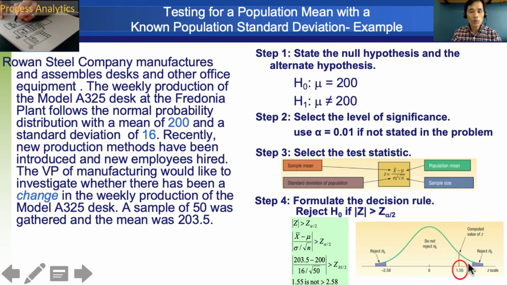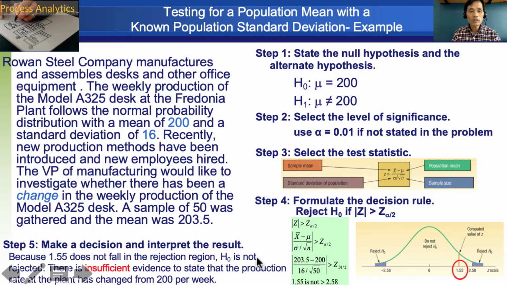And this one does not fall into the rejection region. So therefore, your conclusion is fail to reject the null hypothesis. Because 1.55 does not fall into the rejection region, the null hypothesis is not rejected. There is insufficient evidence to state that the production rate at the plant has changed from 200 per week, right? So that is the